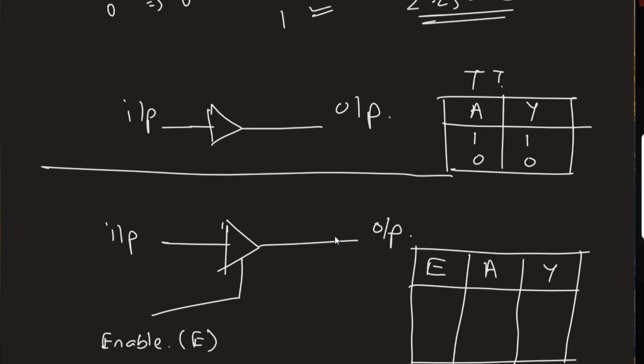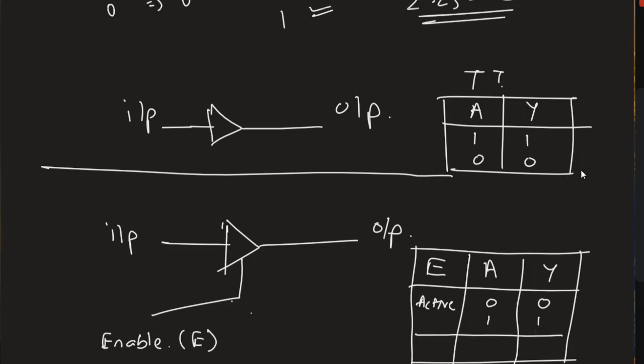Okay, let's come back to this. What I said, whenever my enable input is active, I'm just showing you this active, it means I have given some input. At that time, if I have 0, my output will be 0. If I have input as 1, my output will be 1. If you can see, this is working as normal to your buffer. Can you see, 1 पे 1 input आता है, 0 पे 0 output आ रहा है.